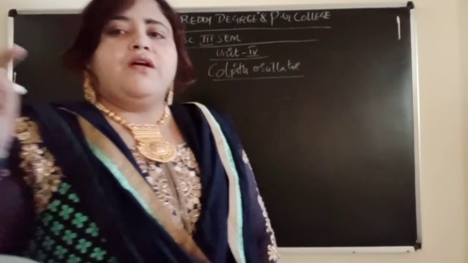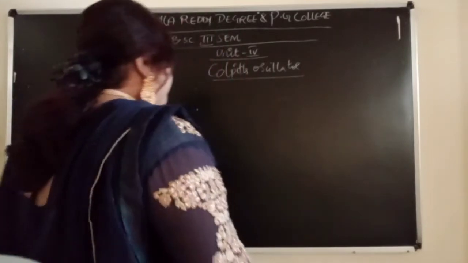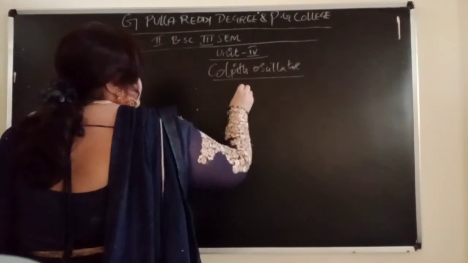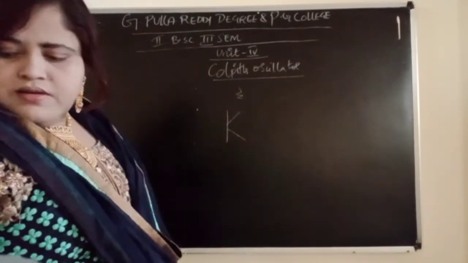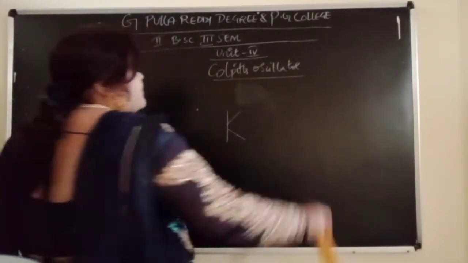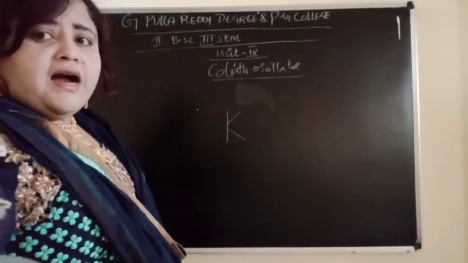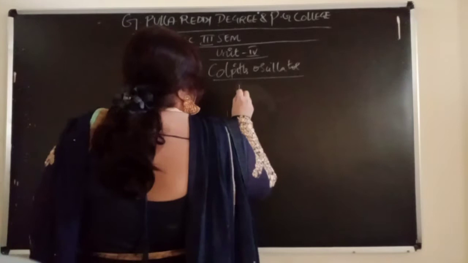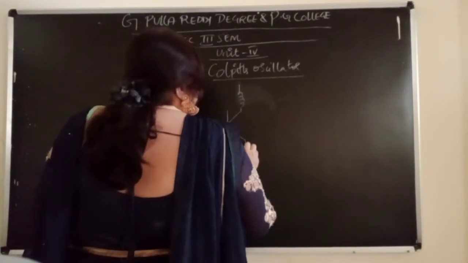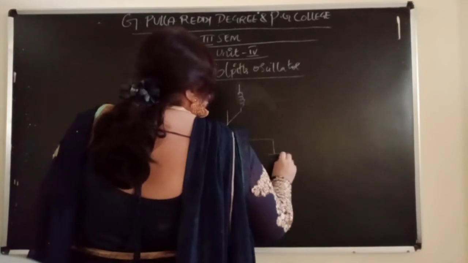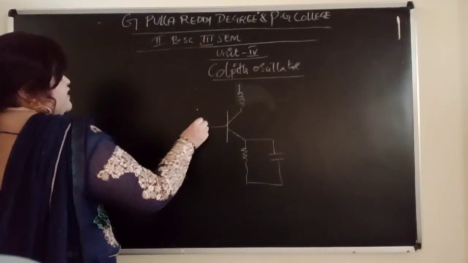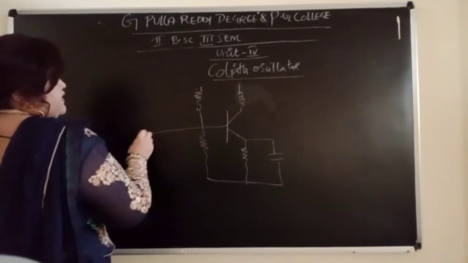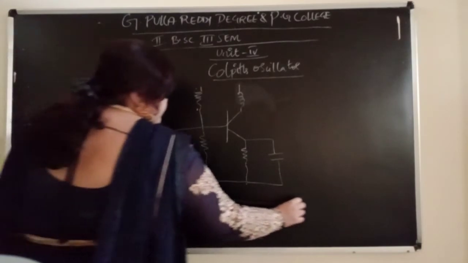Now, for drawing the circuit diagram of the Colpitts oscillator, first you have to draw one transistor. Then you have to draw the same thing. If you have studied the Hartley, you can easily study the Colpitts. Remember this. Now this is RFC. You will be using one resistor, one capacitor here. Then you take resistances R1, R2 and connect them to the feedback network.